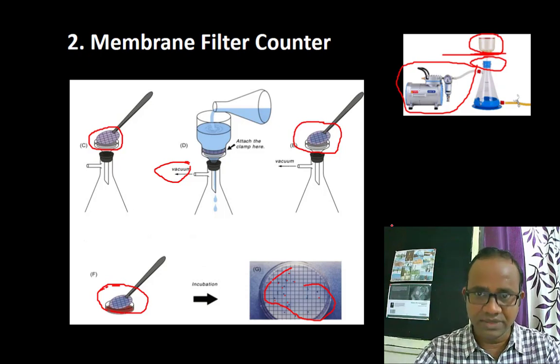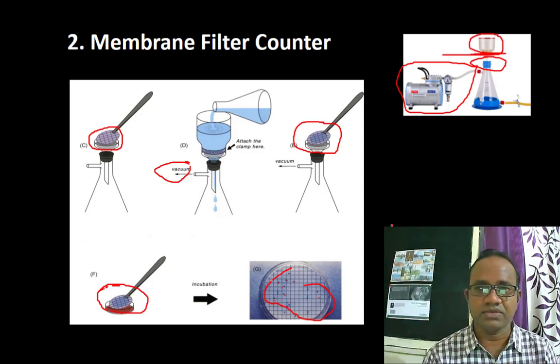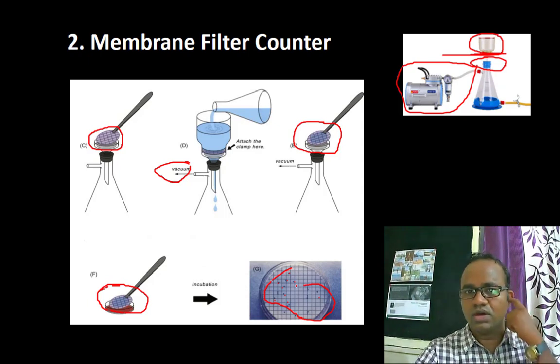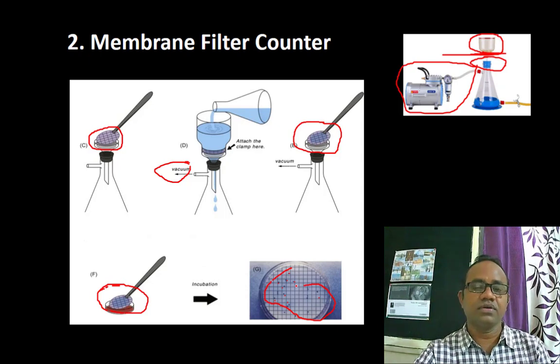Simply, it is an assembly which consists of the membrane filter, mostly made up of cellulosic matrix. This filter retains the bacteria. So we pour the bacterial sample over the filter, the liquid sample drains off, and over the filter paper the bacteria get retained. We take out that filter paper membrane and put it onto the nutrient agar plates. We incubate the plate with the filter paper, and then finally we get well isolated colonies on the agar plate. Those isolated colonies can be counted. So this is the basic mechanism of membrane filter counting.